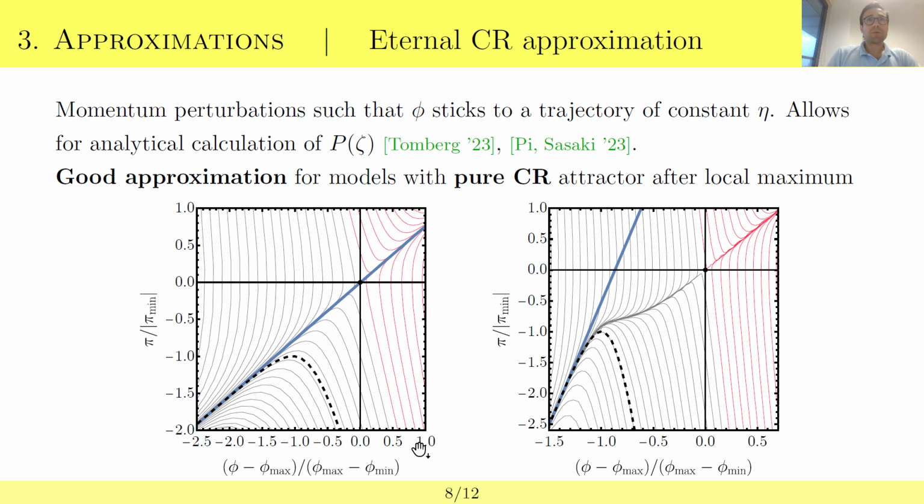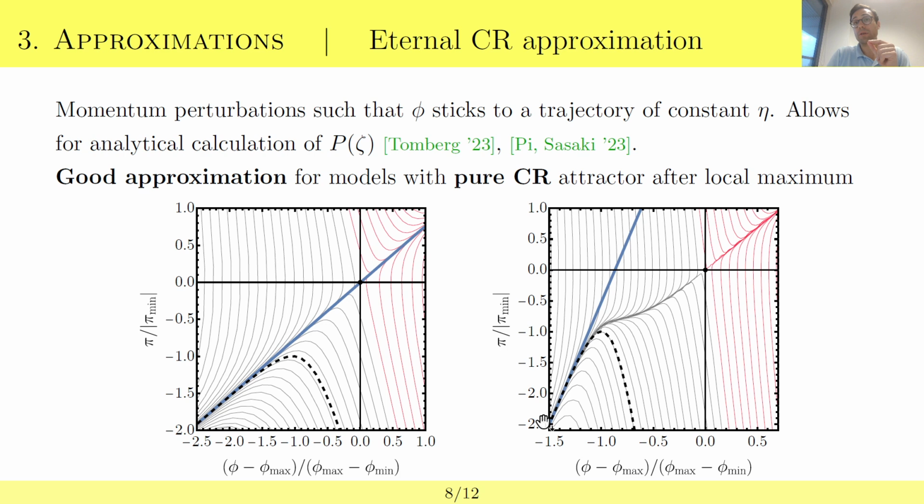The next approximation I want to study, which is also a very useful approximation because it allows for analytical calculations, is what we call the eternal constant roll approximation. And this essentially assumes that the field is both perturbed and then evolved along a line of pure constant roll, so a purely straight line in phase space. Of course, this will be a very good approximation for this kind of models, because if the field is sitting here at an initial point, it is indeed perturbed and then evolved along this constant roll line, which is the superimposition of the perturbation blue line and the attractor, the constant roll attractor in phase space,